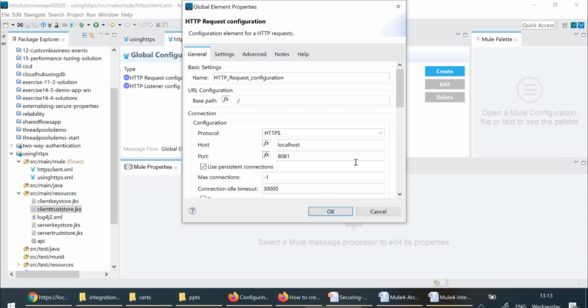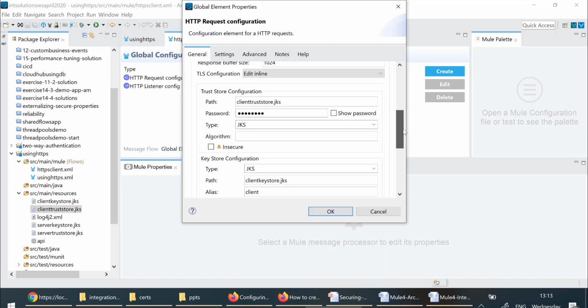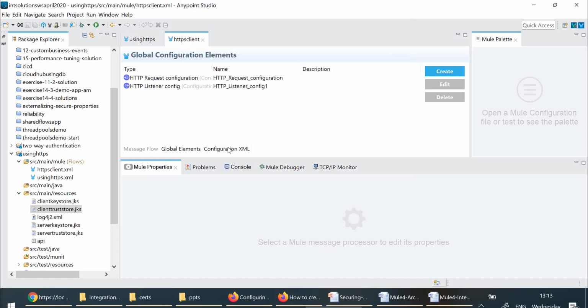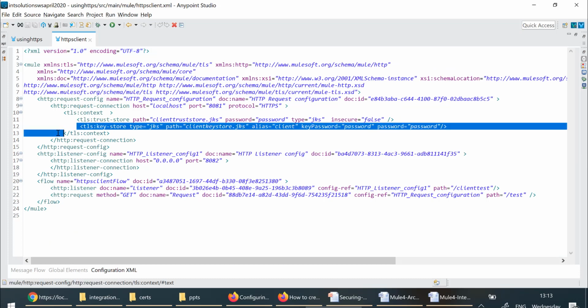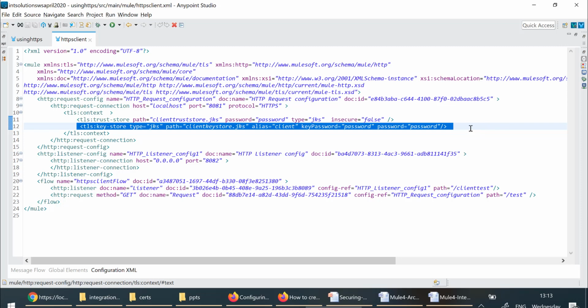here I configured the protocol as HTTPS. Then if I come down, here I have configured the details about the client trust store, and this is store password. So do you think that key store is required right now? Not required. So what I will do is I'll go to XML and comment out the key store. Here you can see only trust store is what I want. So I'm commenting it out,